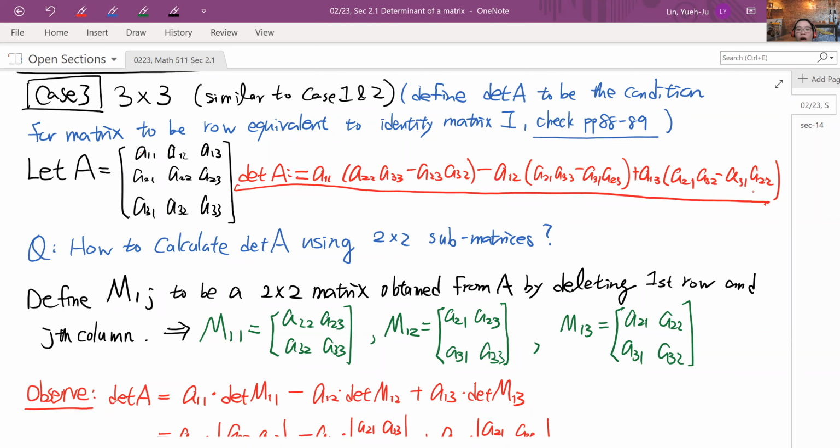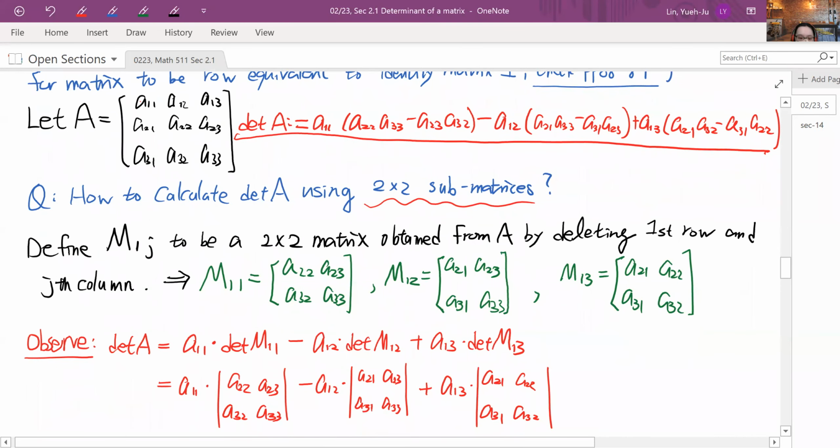The idea here is that the 3 by 3 determinant formula seems ugly. So we want to simplify it by reducing it to a 2 by 2 submatrix, because 2 by 2 is so easy that we already know how to calculate it. So we want to calculate a 3 by 3 determinant using some 2 by 2 submatrices. So I need to